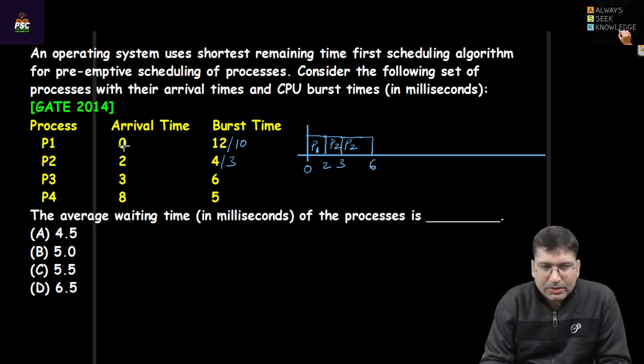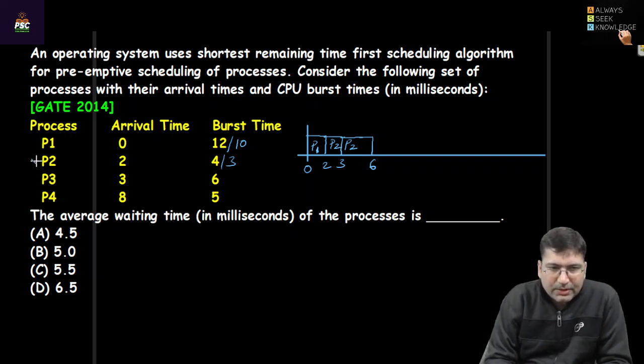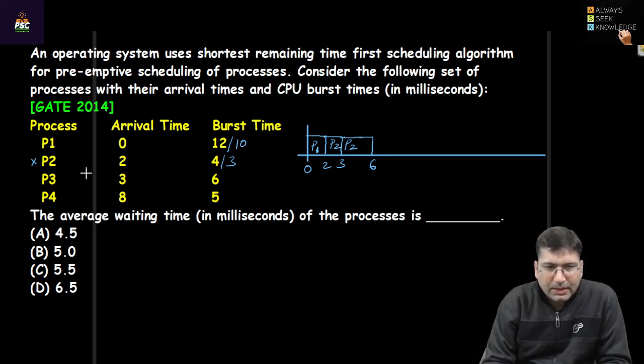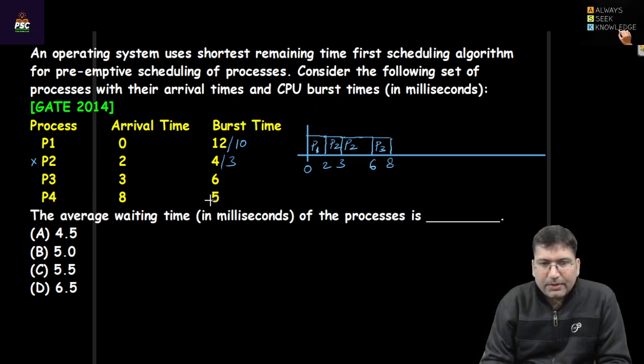Now at 6 no other process has arrived, so there are only 2 processes. P2 has finished its lifetime, so P1 and P3 are there. P1 is requesting 10, P3 is requesting 6, so P3 will be scheduled here. Now when P3 executes for 2 machine cycles, P4 arrives. So now P3 has consumed 2 cycles, that means it is requesting 4 cycles,